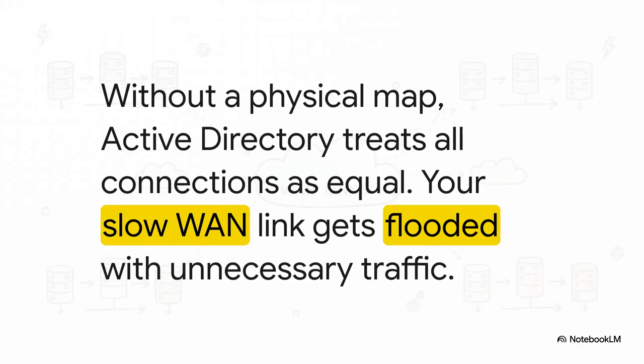Okay, so here's the deal. Out of the box, Active Directory is kind of blind. It has no idea about geography. It doesn't know that your main office and your branch office are connected by this, maybe slow, maybe expensive WAN link. So it just treats that connection like it's the same as a super fast cable between two servers sitting right next to each other. And the result? It's just chaos. You get all this unnecessary traffic just flooding that critical link,